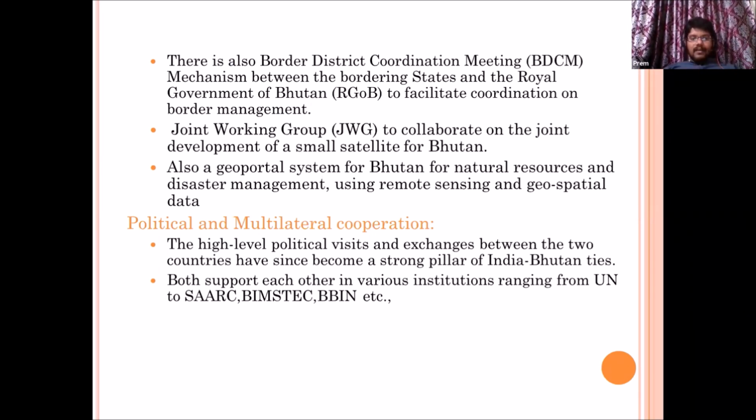And then finally, we have political cooperation. You all know that politically, in international institutions also, India and Bhutan majorly take the same stand. Like on BRI, both have the same stand. Similarly, they have it in SAARC, BIMSTEC and BBIN. Here also India is benefiting majorly because of close cooperation with Bhutan. So this is something about that aspect.